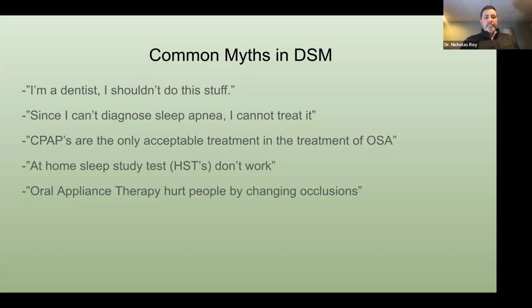Where do I begin? So first and foremost, let's just do a little thought experiment. What's worse? Somebody's teeth not lining up well or being dead? Obviously, I'm trying to sensationalize this a little bit, but in reality, if we do end up with a change in bite, which we can treat, address, and prevent,